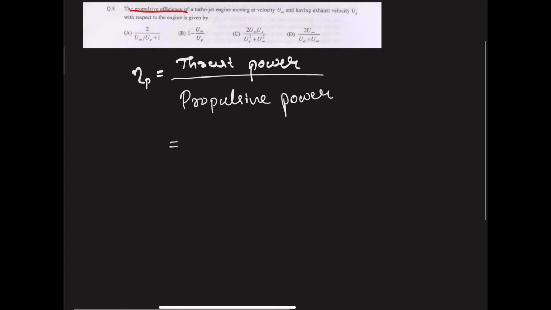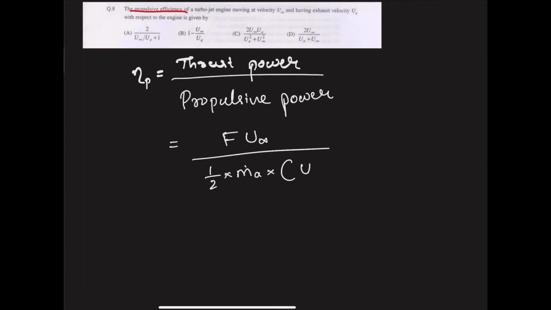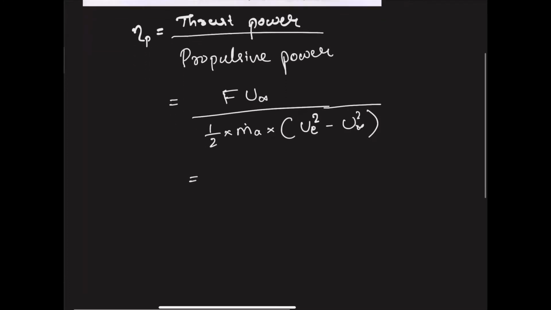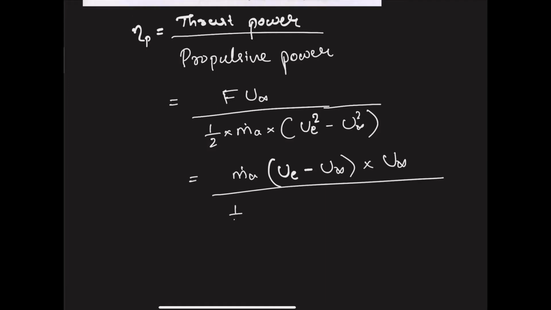Thrust power can be written as thrust into Ci, or you can write it as u infinity, divided by propulsive power, which is half into mass flow rate of air into ue square minus u infinity square. Thrust can be written as mass flow rate of air into Cj minus Ci. So it is ue minus u infinity into u infinity divided by half into mass flow rate of air into,